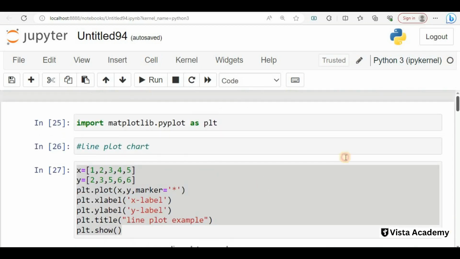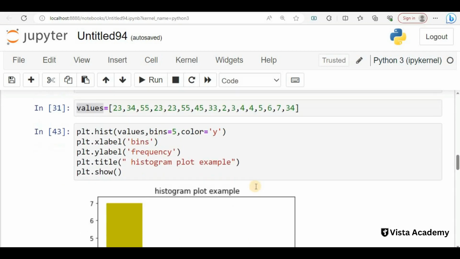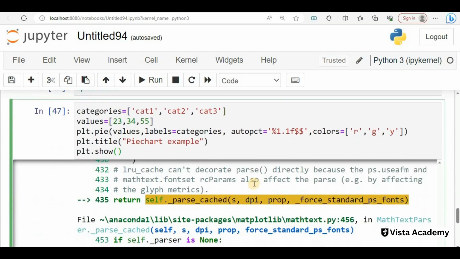Now we will go again to the chart and see where we have made some error. Sorry, here it is. We haven't put the percentage sign here.